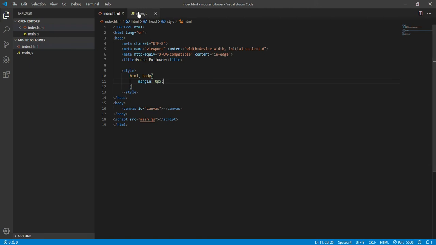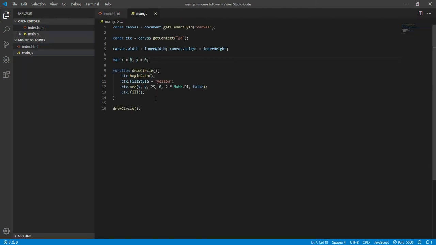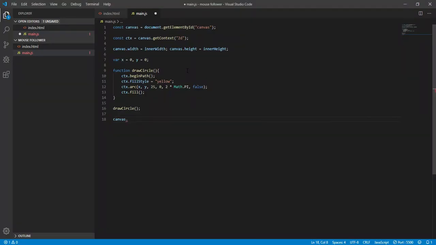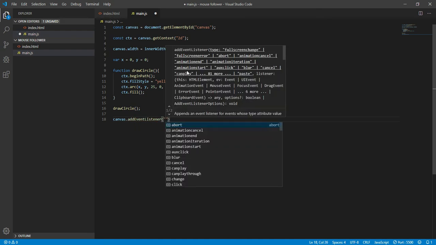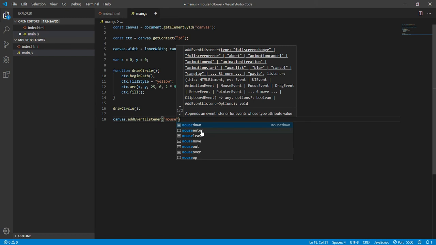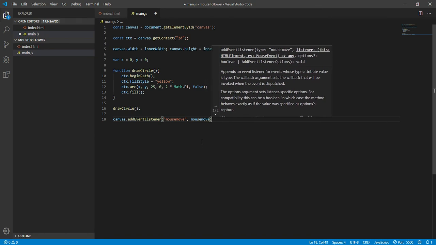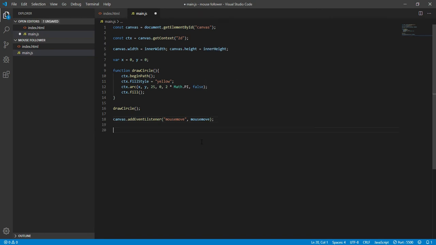Now, getting back to our JavaScript file, we can add an event listener which will make the circle follow our mouse path on the screen. How we can do that is we add event listeners to our canvas, and as you can see there are a lot of options which are available by default with JavaScript. The one that we are going to use is called mousemove, and we have to pass a function to it, which we call mouseMove. So now we define that function,